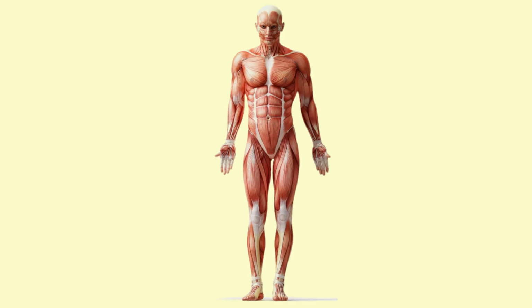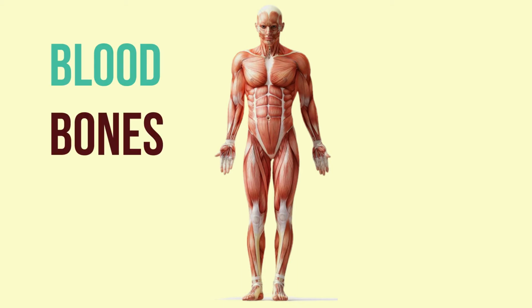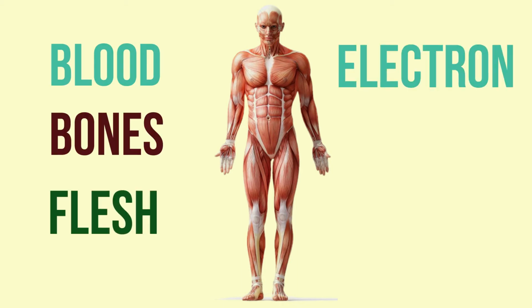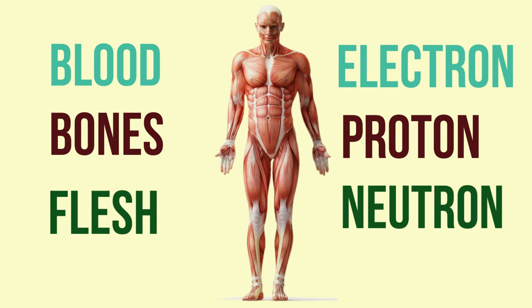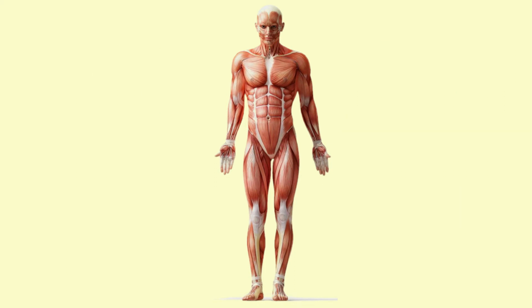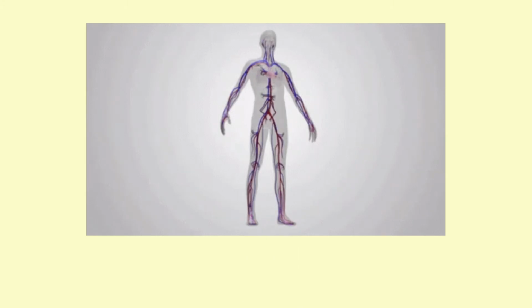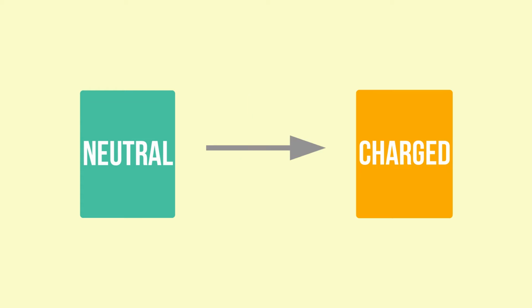To help you understand this, let me give you an analogy. Assume that the whole human body is a single atom, and the three main components of the human body, namely blood, bone and flesh, represent electron, proton and neutron respectively. We know that bones and flesh are heavy and fixed to their locations, but blood moves everywhere within the body, just like electrons. Therefore, removing blood from the body is easier compared to removing bone and flesh. So in the case of solids also, the only feasible option is to move electrons in and out of the body to make it charged.